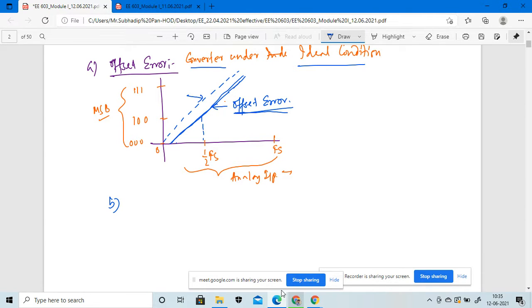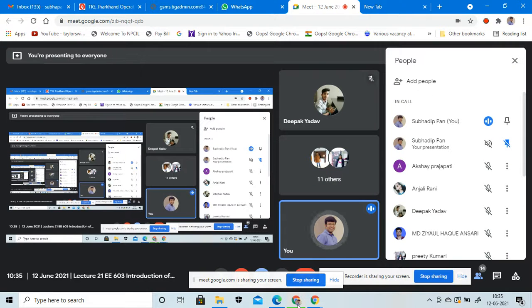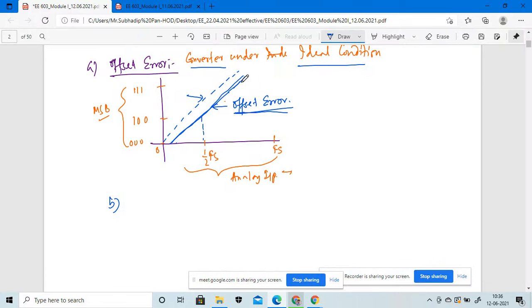Can anyone tell me what the equation of a straight line is? Anyone? Anjali? Yes, Anjali? Hello? Yes, sir. Yes, what is the equation of a straight line? Using the linearity of this particular curve. This is the straight line equation, na? Sir, why refer to option C? Yes, yes.